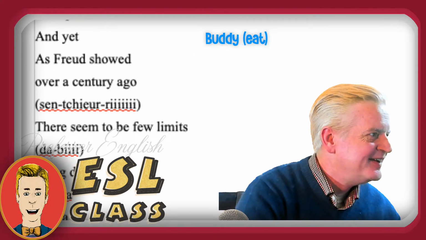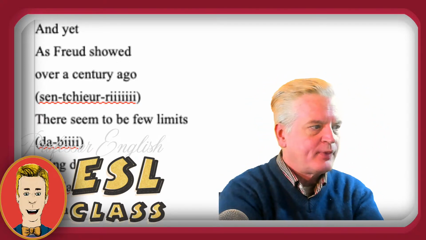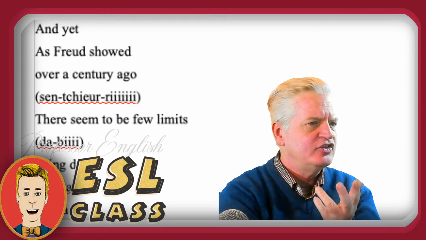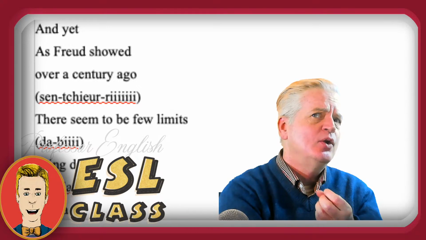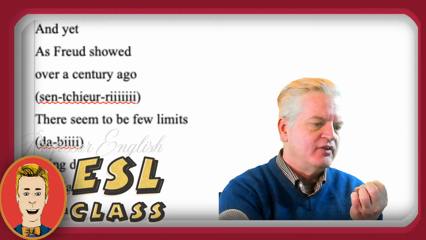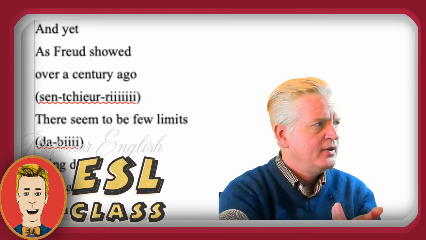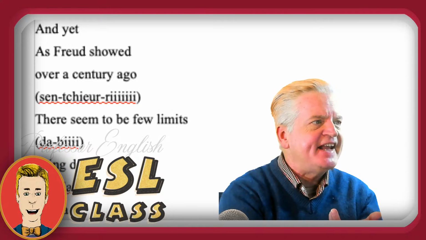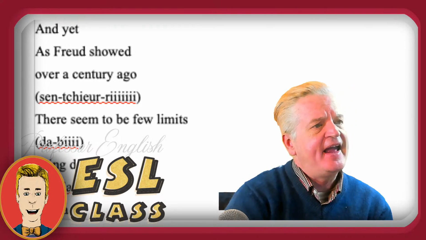Okay, let's go back. So we have and yet. When you're saying the word yet, if you just had et, that would be short. But this y sound, when you think about it, it's like yeah, e. So you have yet. That's very long. It's very long. And yet, long, and yet,